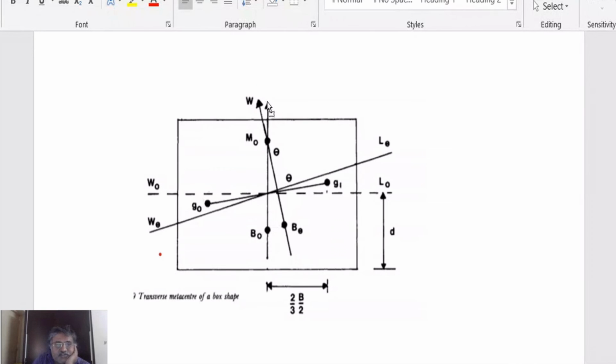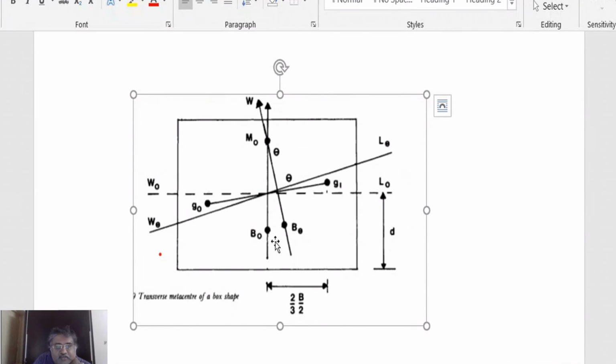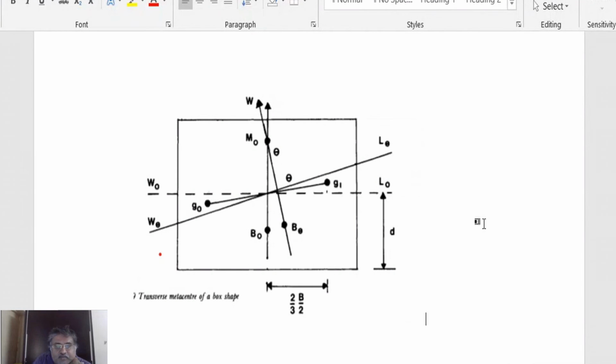This is the center line, and this is the water line W0 L0. Now because of some reason the ship heels, in this case to some angle. Here the angle is given as theta. In one book the angle of heel is always phi and theta is the angle of trim, so please don't get confused. The other book, Adrian Biran, follows phi as the angle of heel and theta as the angle of trim, but this book follows theta as the angle of heel.